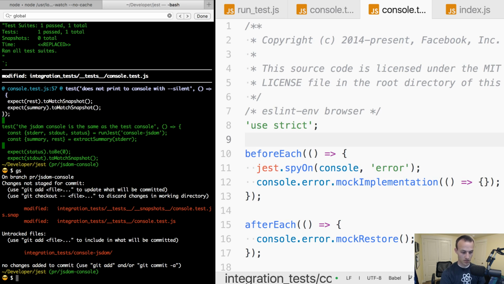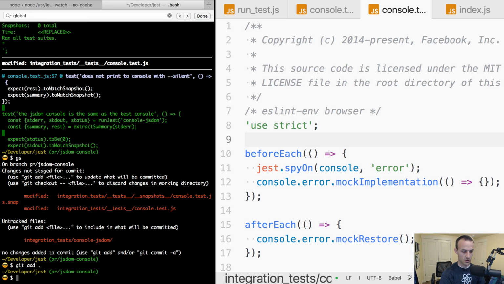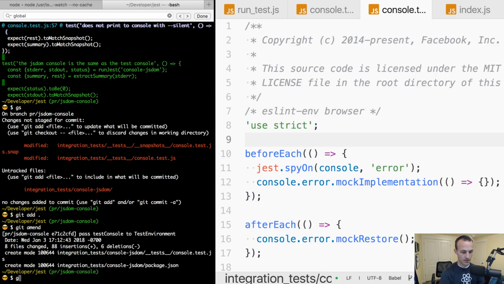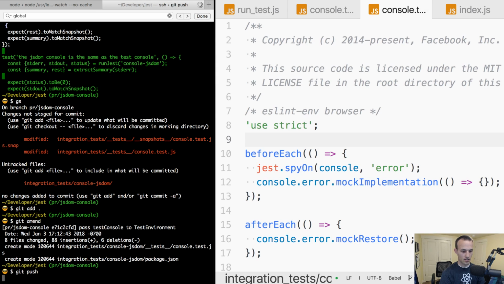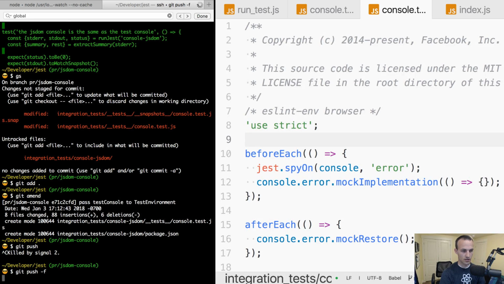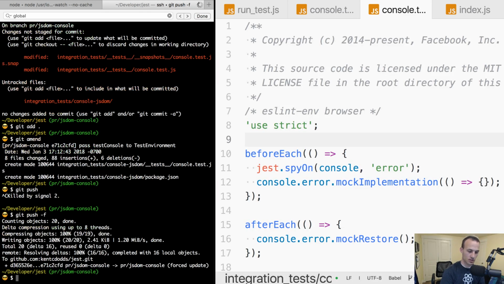Good. I think this is good. So we'll git add all this and git commit amend, and push force. Rewrite history. Okay, now we're going to do test and